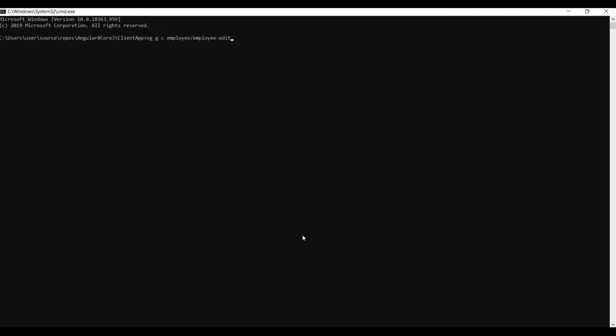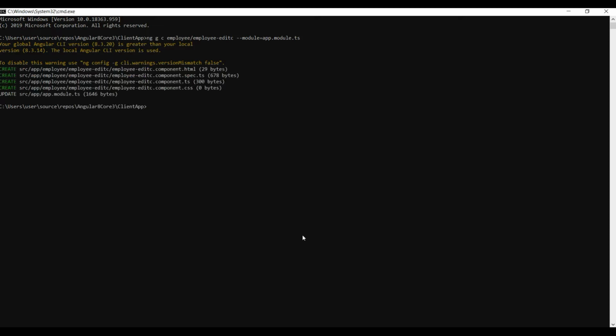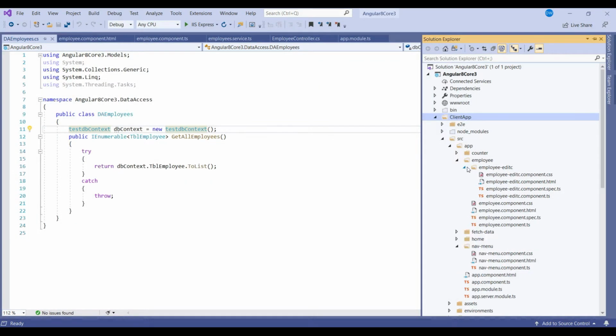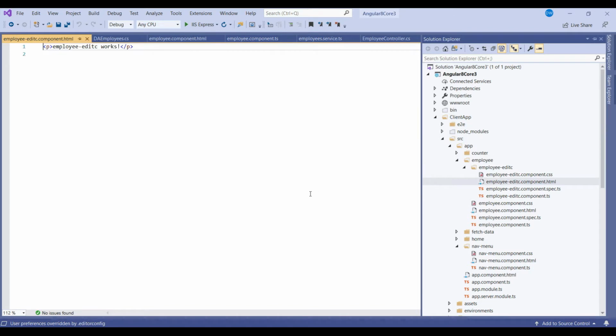Or you can say employee edit component like this, and then you specify the module, which will be the add module, obviously. Yes, right. So here I press enter, and you see the command runs successfully. Now let's go back to the project. You will see the new folder is created with all the necessary files. So let's start with the HTML file first, where we will be